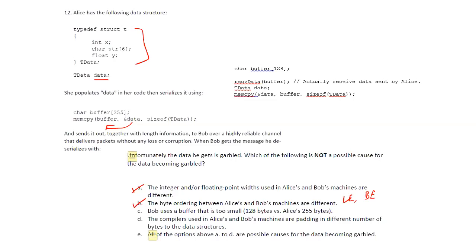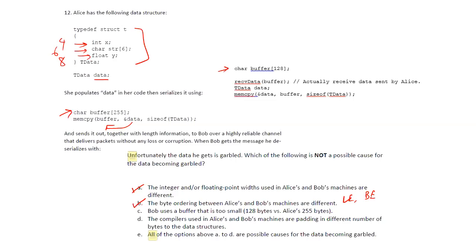So to know if this is an issue, we need to look at how big this actual data is going to be, because we only copy one instance of this data to the buffer. Even if we do not know the system, let's just assume that maybe this is 4 bytes, this is maybe 8 bytes, and this is 6. So this is at max probably 18 bytes of information, correct? Even though we do not know, if we assume some high number, one data structure variable at most is probably going to take about 18 bytes of space.